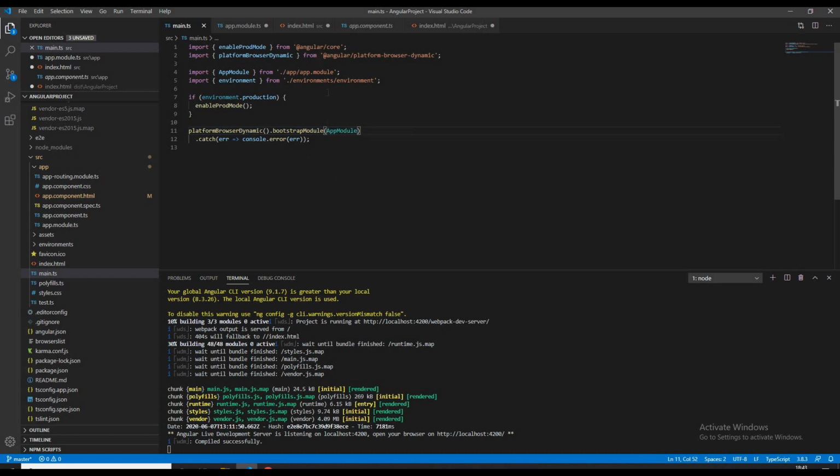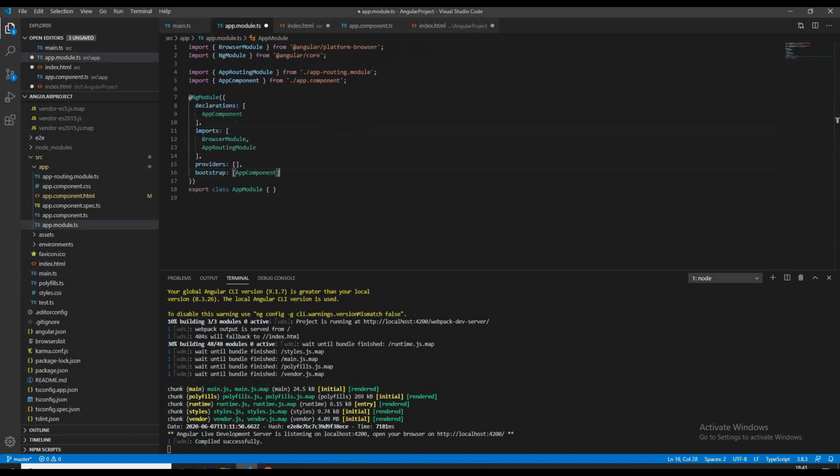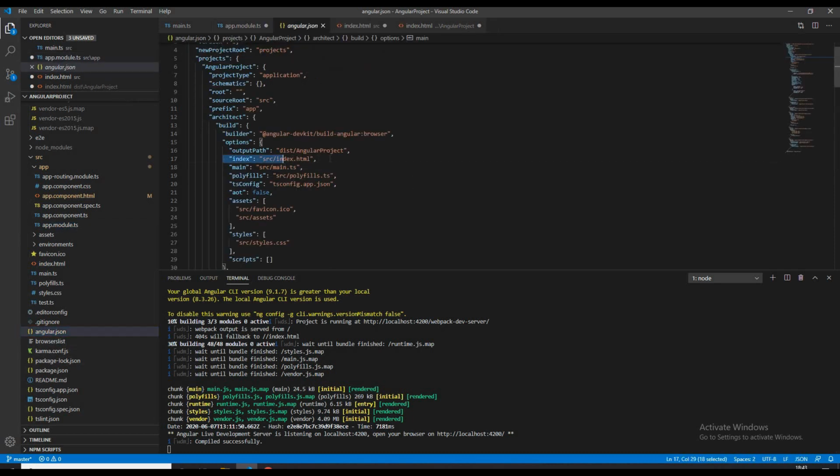In the same way, we are telling Angular that there is a component called app component in app module. So please load this component initially when app module is loaded. Similarly, we are saying to Angular that index.html is the starting point of our application and main.ts is the entry point of our application by mentioning them in the angular.json file.